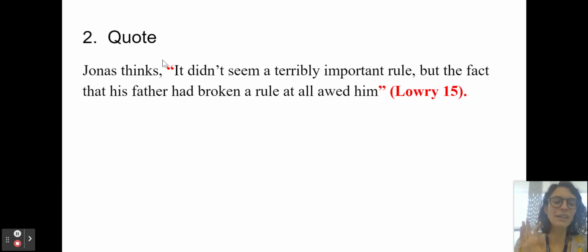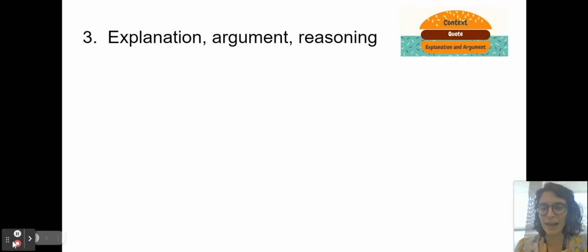With middle school students, I don't stress this as much. They have a lot to think about with the context, the MLA style, and the reasoning. So this is great if you're able to do it. It's not essential for a middle school essay in my classroom. But I did want to point out, sorry, let me go back really quick.